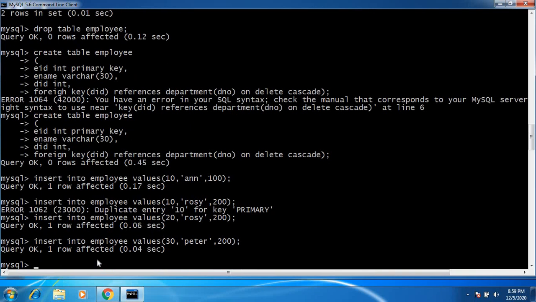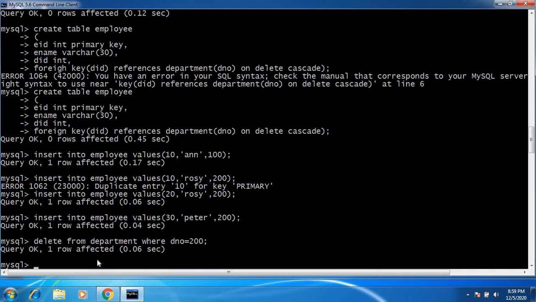Suppose I delete the 200 department from the department table, the employees should also be deleted. In order to do that, I use on delete cascade. Let us try to delete the department 200, where department number is equal to 200. Now I deleted this department 200.